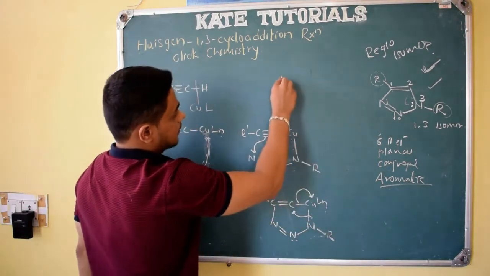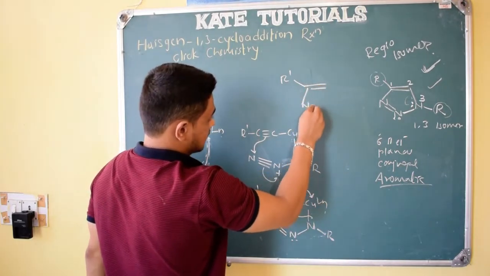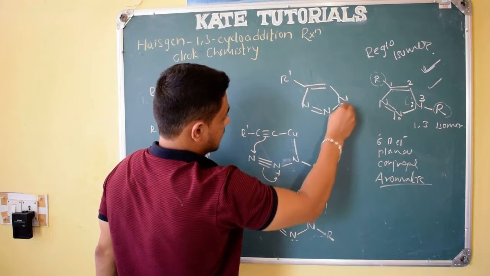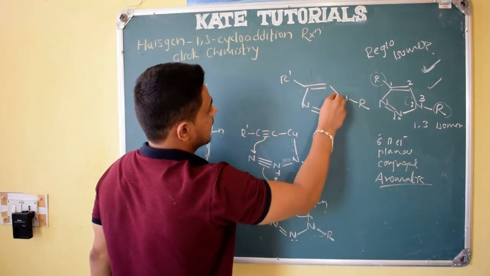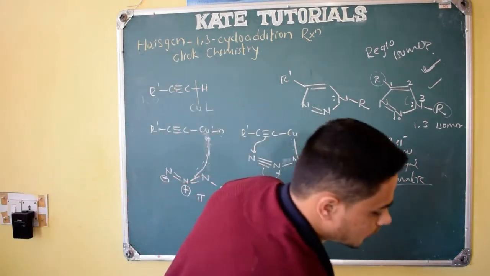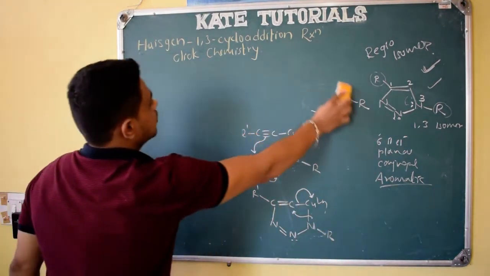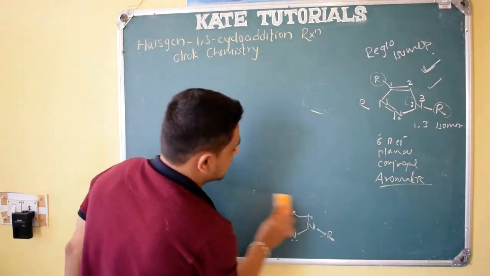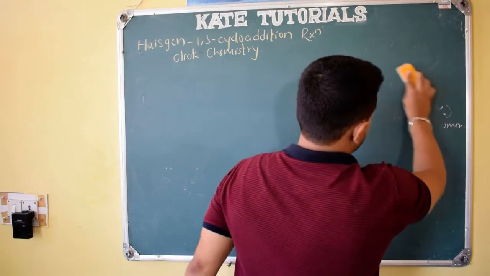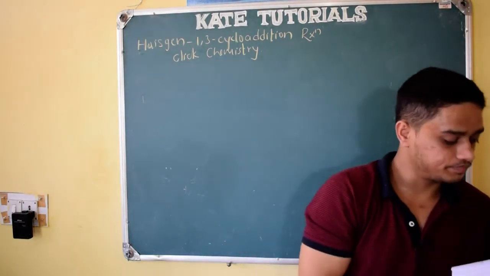See here, same R dash double bond N double bond N, right? N R, this product we will get, and this is aromatic, 2 4 6, right? So only this product we will get if we use copper as a catalyst, right? So this is all about click chemistry. Let us see the same thing using different examples, right? So let us see those things.